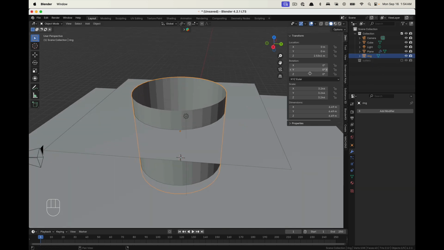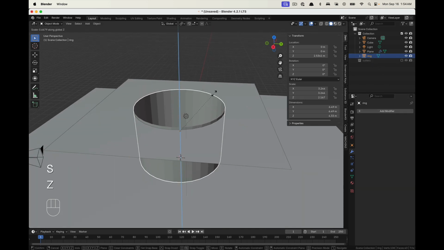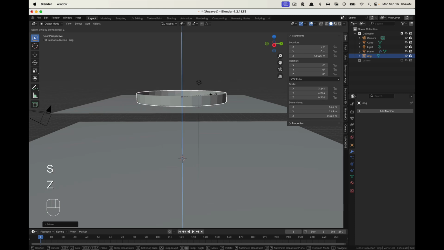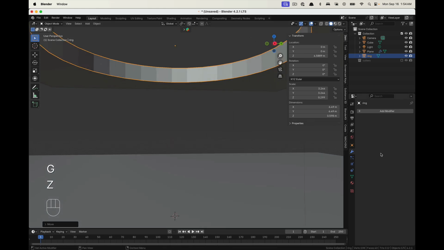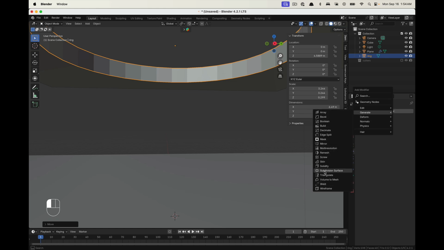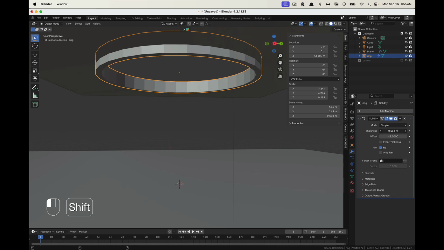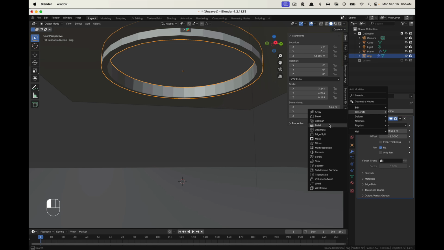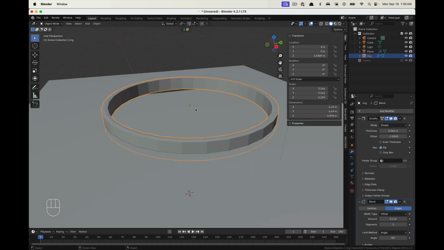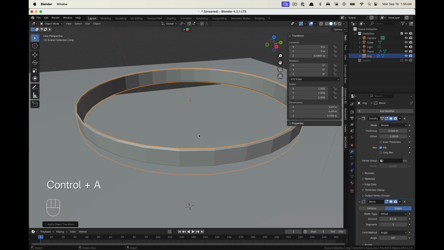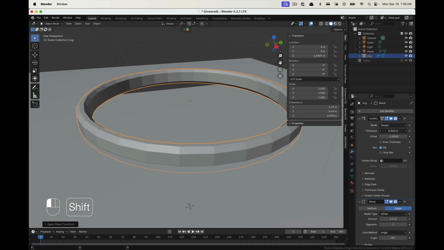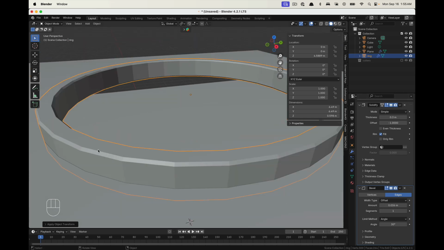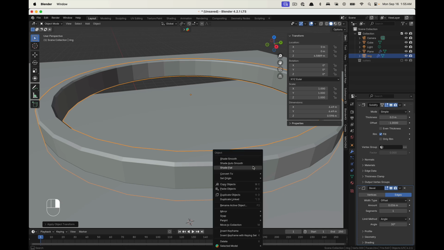Now with our ring selected, let's go ahead and scale that down. So I'm just scaling in the Z direction, and let's add a solidify to create that ring, and let's add a Boolean, not a Boolean, I'm sorry, a bevel. And we're going to need to apply the scale before we do anything. So let's go ahead and correct the thickness and go down to bevel and reduce the size of that bevel. The reason we add bevels is to increase realism. If we do shade auto smooth,